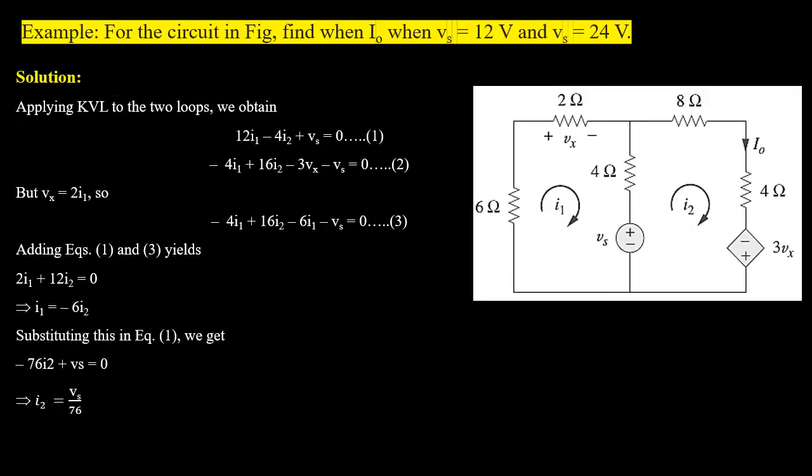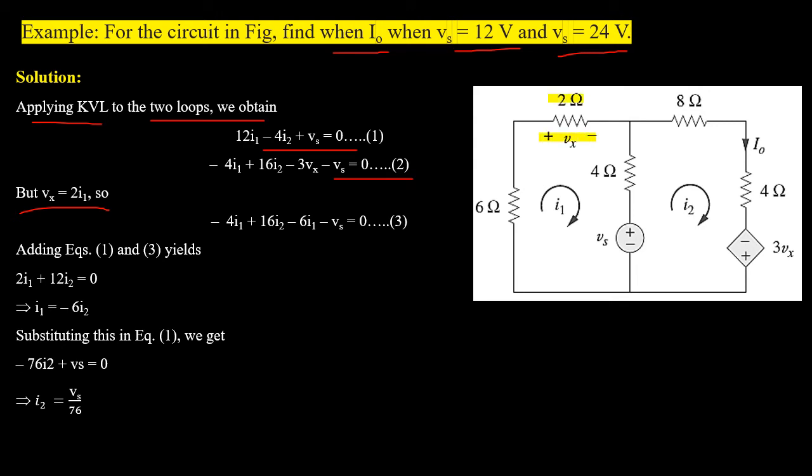Now in another example, we have to find current I0 when source voltage is equal to 12 volts and also when source voltage equal 24 volts. Now we will start the solution by applying KVL to both loops, and this will give us equation 1 and equation 2. We have a dependent voltage source whose value is 3Vx, where Vx is the voltage across a 2